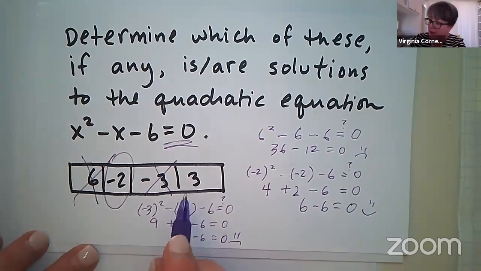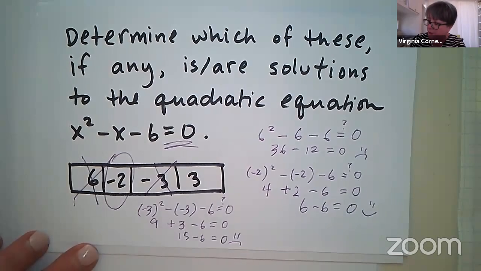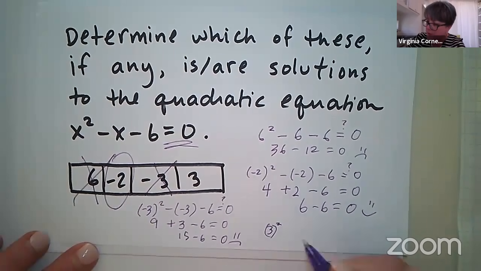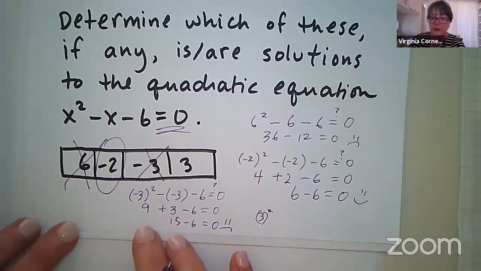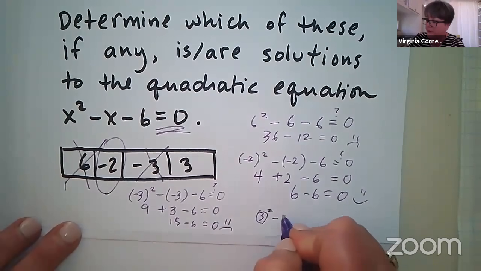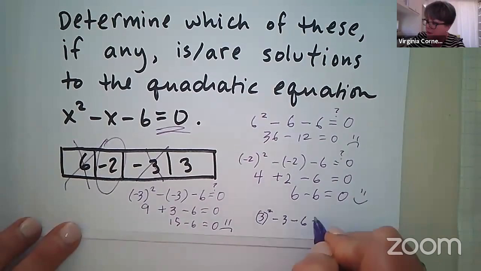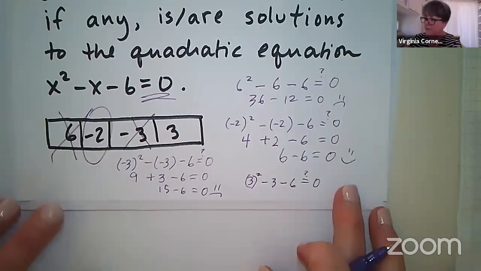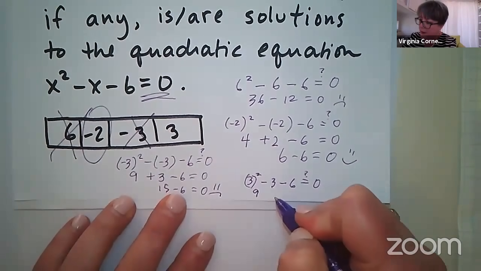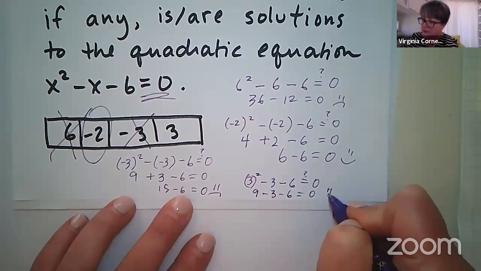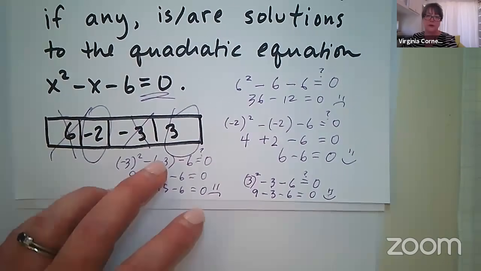Love that. Okay, and then for 3, some of you might have already worked it at home to see if that worked. 3 squared. Let's see if I can model what Mark just said. 3 squared and minus 3 minus 6. Does this equal, question mark, 0? I have 9 minus 3 minus 6. Yes, indeed, it does equal 0. So that's my other solution.